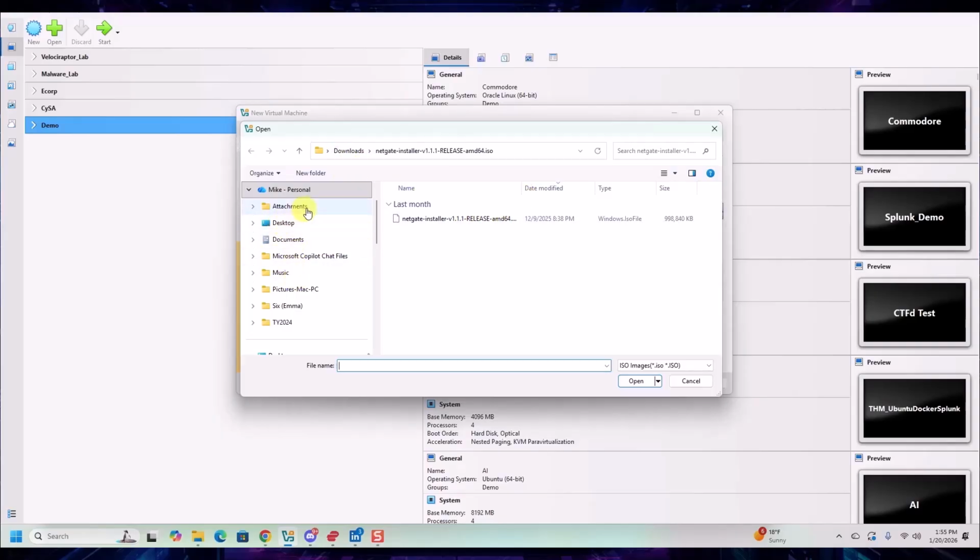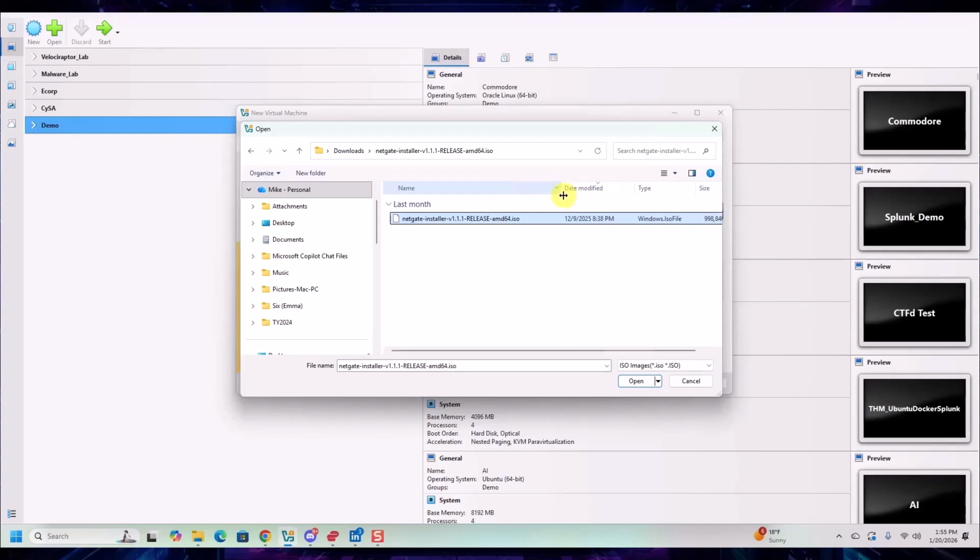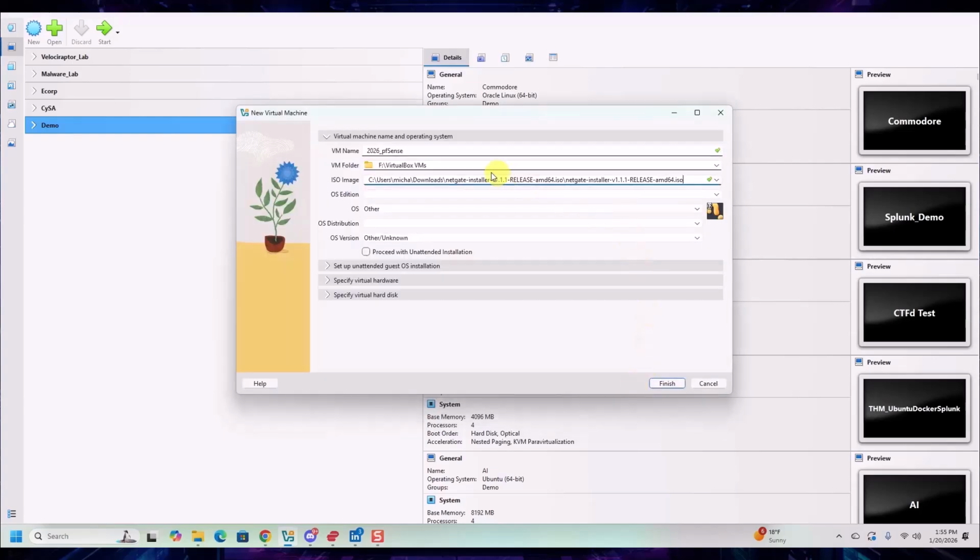Or actually we'll go from there, downloads, and there we see it. We'll select open. Now for the OS edition, we want to select BSD, and it will automatically populate FreeBSD,